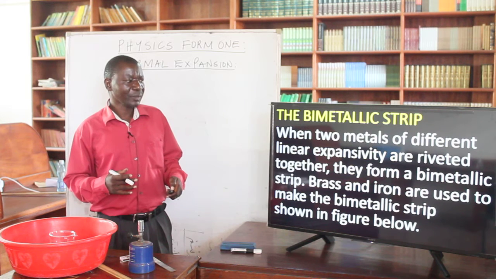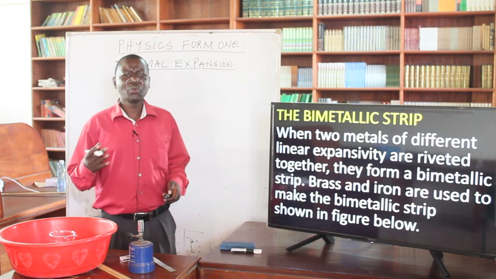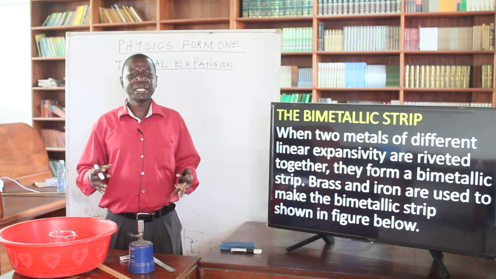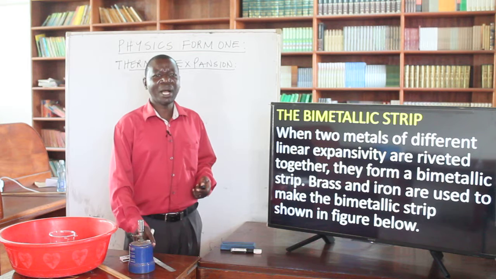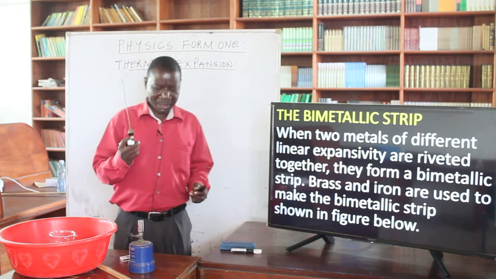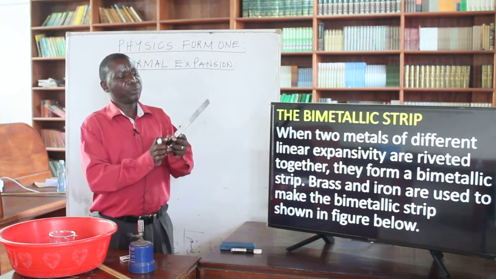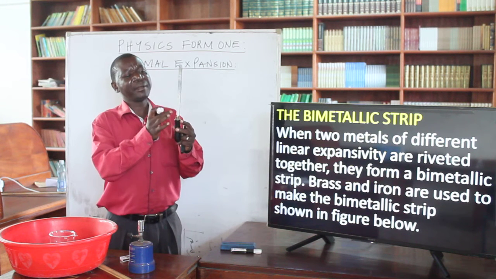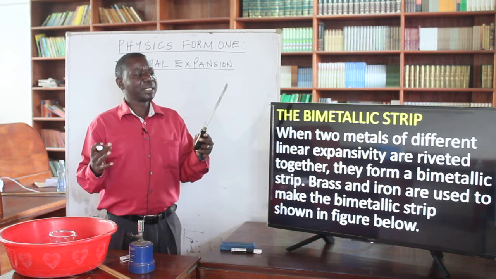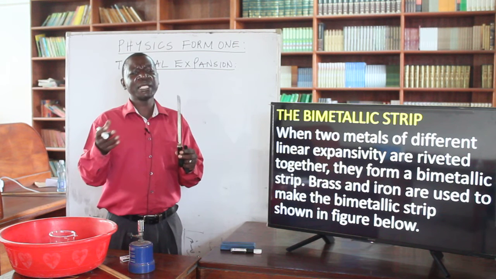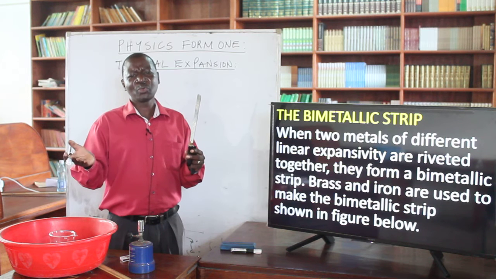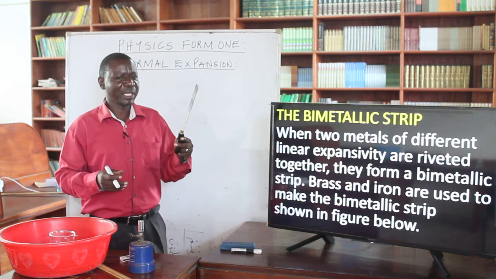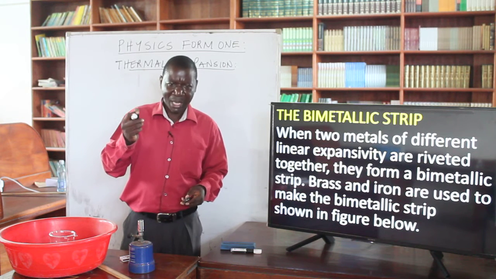Now, a bimetallic strip is when two metals of different linear expansivities are riveted together. They form a bimetallic strip. I have one here. This is a bimetallic strip. If we have a metal, on one side is iron, the other side is brass. The two are riveted together, joined together, so that they form a bimetallic strip. Bimetallic simply means bi means two, metallic. So two metals which are riveted together to form one strip of a metal, as this one which we have